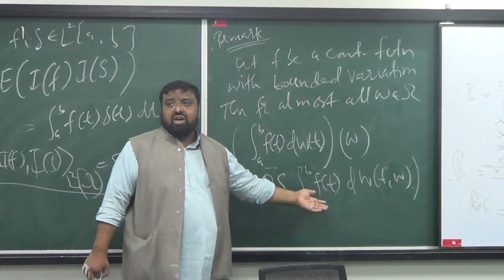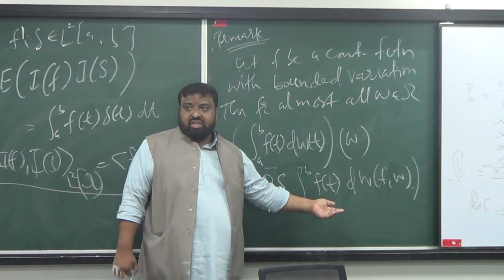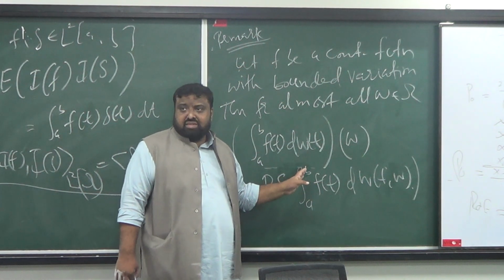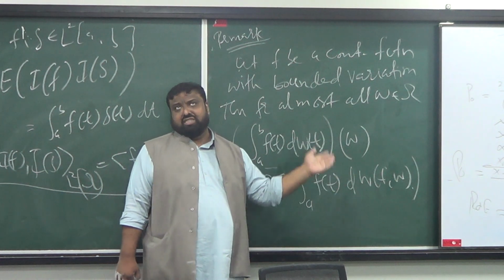So I know how to define it. In other words, you take your interval, partition it, and on each sub-interval, say for example, compute your f of t at, say for example, the left